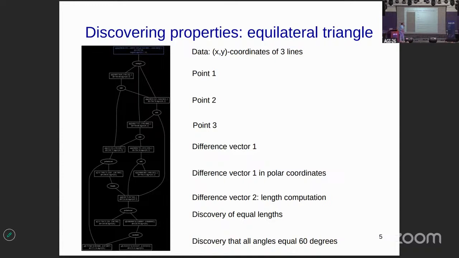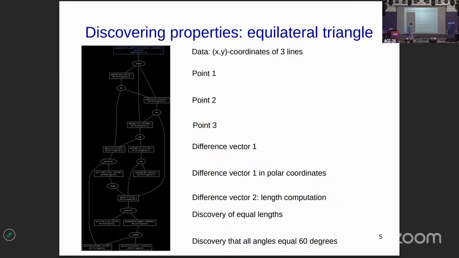So in this example, you give a triangle example of an equilateral triangle, like a list of coordinates of 3 lines, and then it discovers point 1, 2, 3, and then it discovers a difference vector, and at every step it compresses the data.